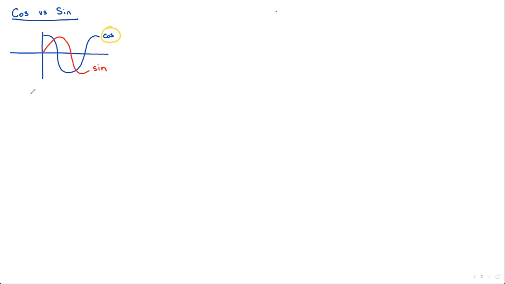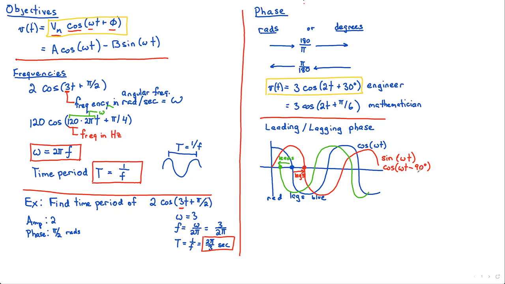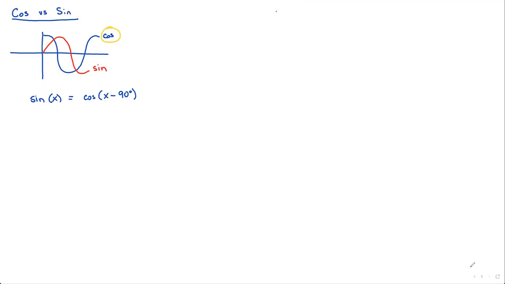There's a couple of trig rules that you need to know. The first is, if you're ever given the sine of any number x, well, that's just the same thing as cosine of x minus 90 degrees. Now, we had just said that in that last whiteboard right over here on the right. So let's formalize that as a rule to remember. This is one of those, not many formulas I ask you to know, but this is a formula I want